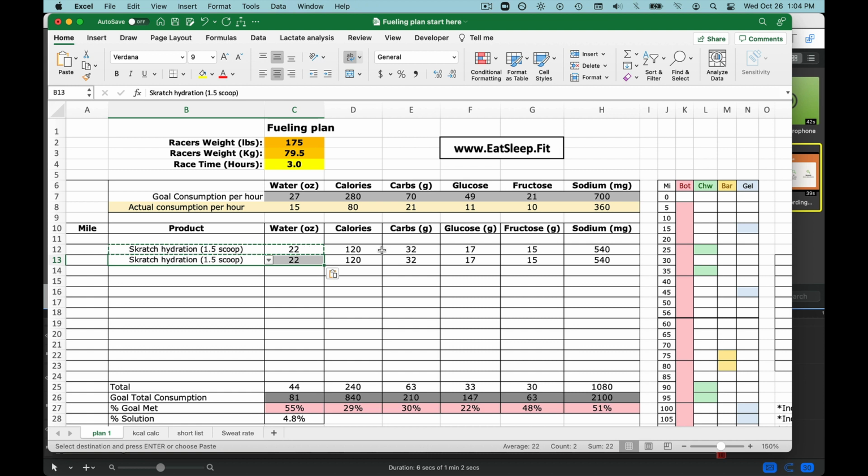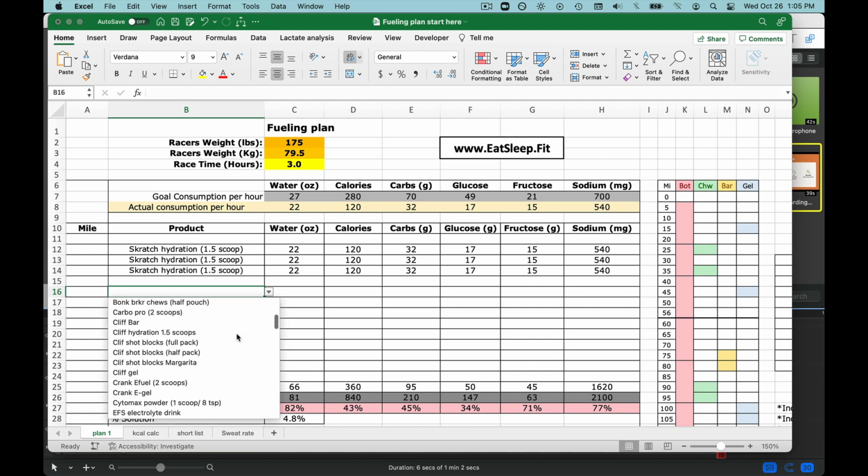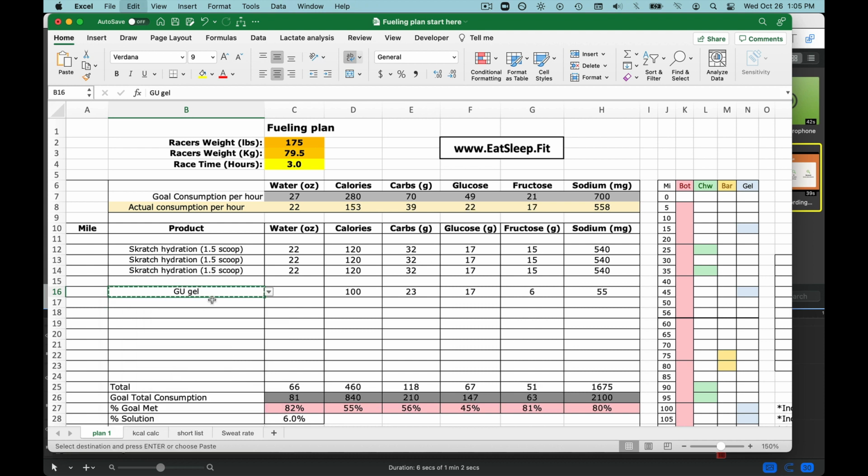And the things I care about are calories, total carbohydrates, the mix of glucose and fructose, or equivalents, and sodium. And so I might feel like, oh, this person needs to have at least 3 bottles of Scratch, which is just a typical sports drink. And then they might want to use some gels. So let's just say they like using Goo gels. So I can just pop that in there, and then we can figure out, okay, across 3 hours,